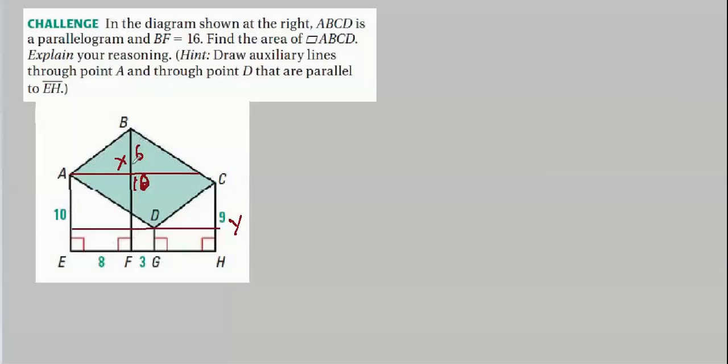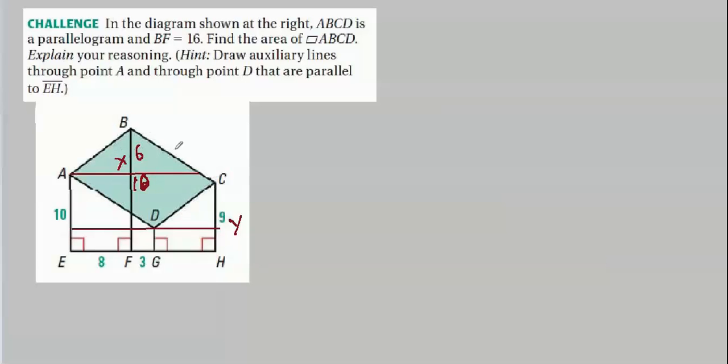Well, we have a right triangle here. Notice we have another right triangle down here. If they were congruent, and if this side corresponded to this side of this triangle, then we would know that this section right here, from this line to C, was 6. And we'd also know what this small little section here was, because the two of them have to add up to 9. Can we show that these two are congruent? Well, we probably can.